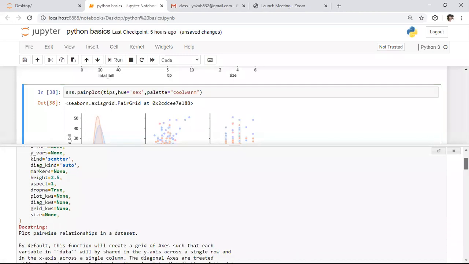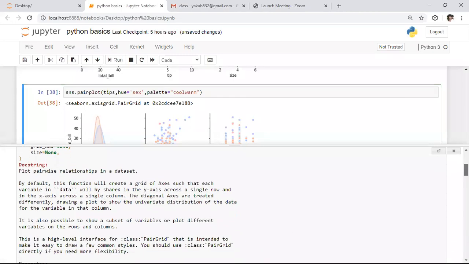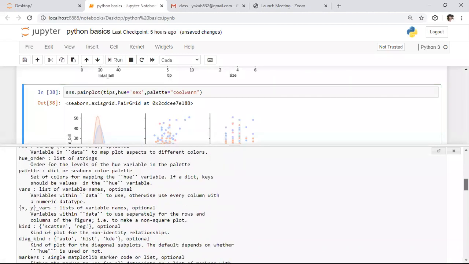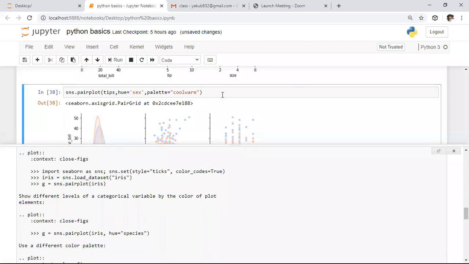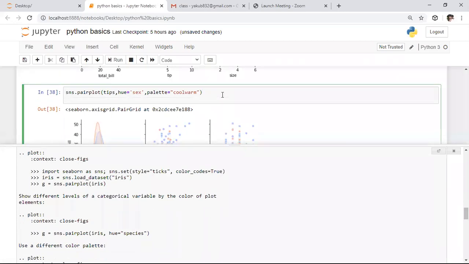Whenever you want to know about any attribute or function, we need not search on the internet. Directly here, if you press shift plus tab at a time, it will give you the description.